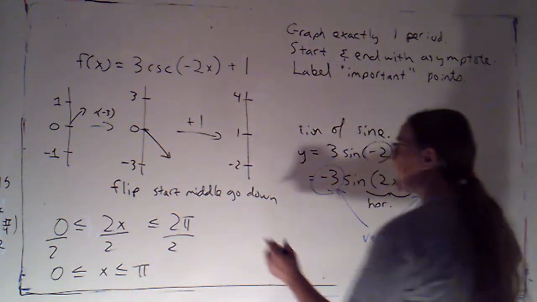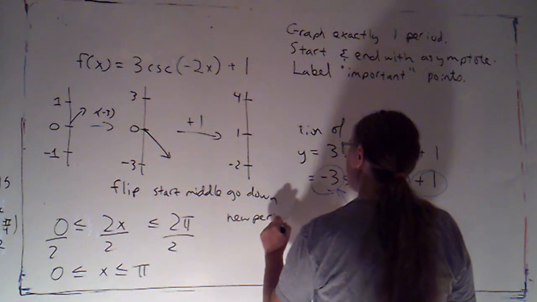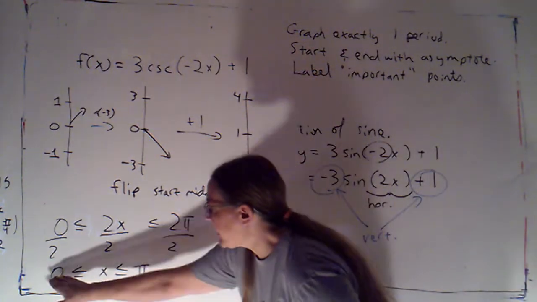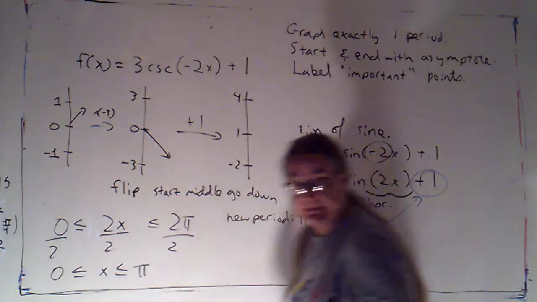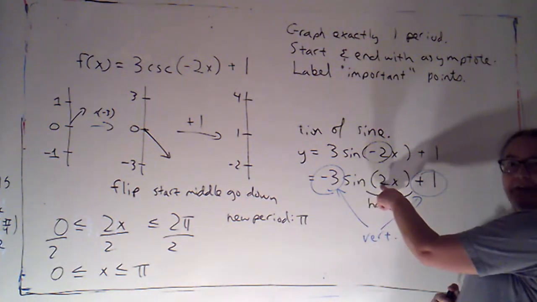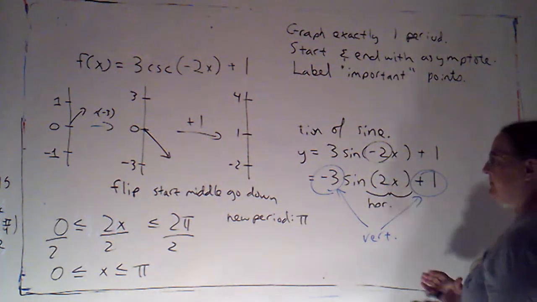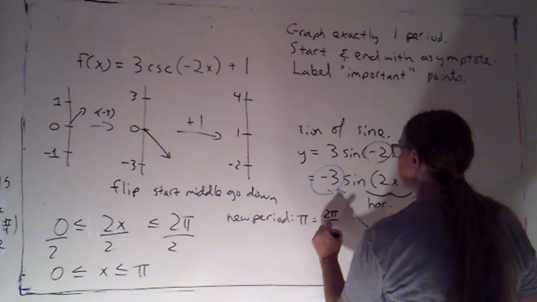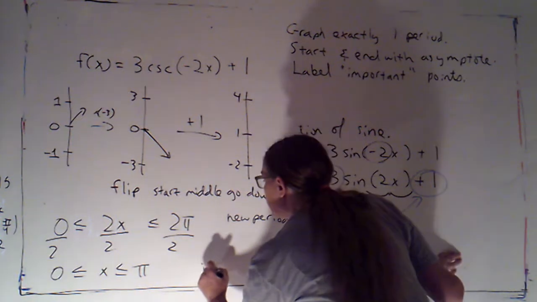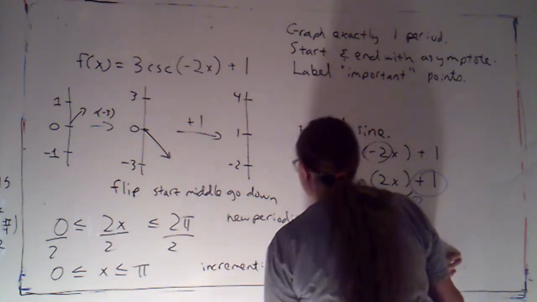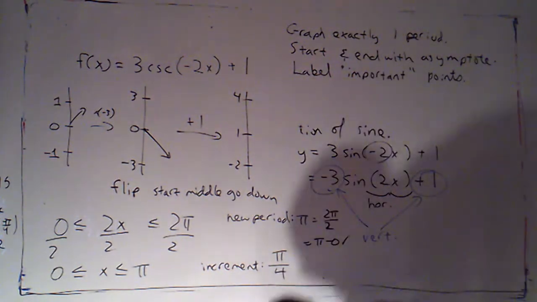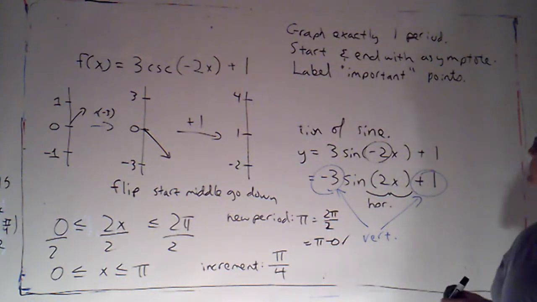So that tells me that my new period is pi. Now I can double check. Pi minus 0 would be my ending point minus my starting point. That's pi. That's also equivalent to 2 pi, the original period, divided by this number that we're multiplying by. So that's equal to 2 pi over 2, and it's also equal to pi minus 0. So it checks. That means that the increment is going to be that new period divided by 4. And so that's going to mean that the x values that we care about,